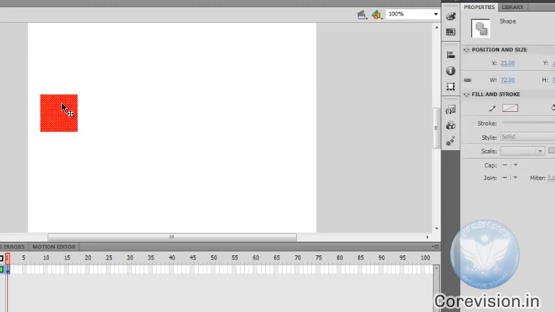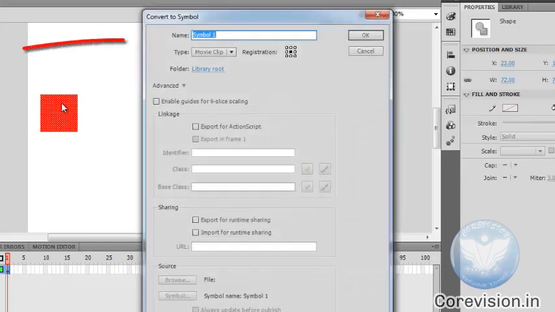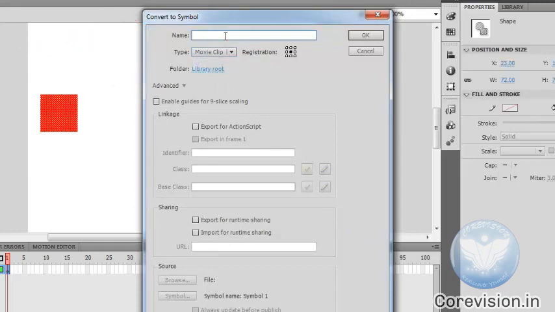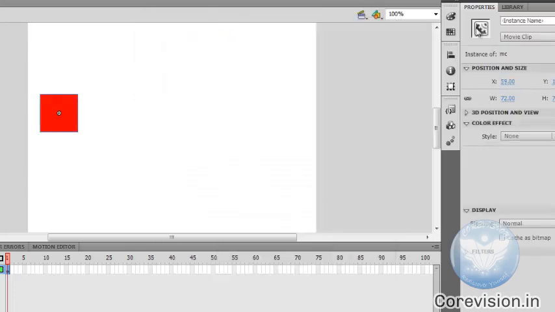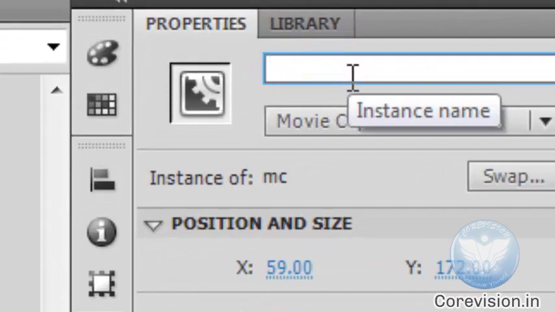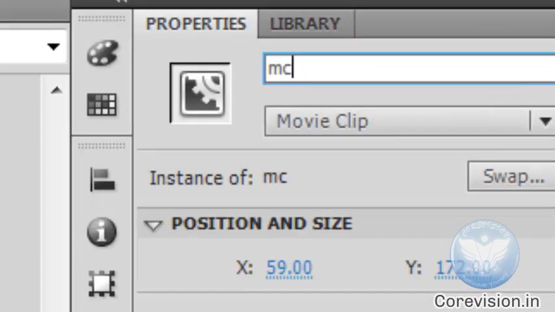Select this rectangle. Press F8 and choose movie clip. Give the name of movie clip MC. Okay, and give name also here at instance name MC. Okay,